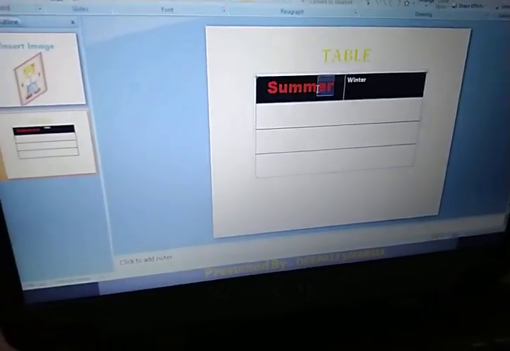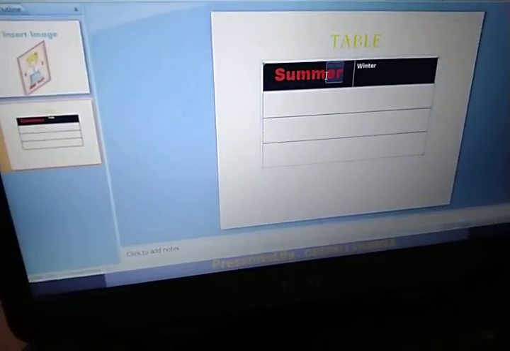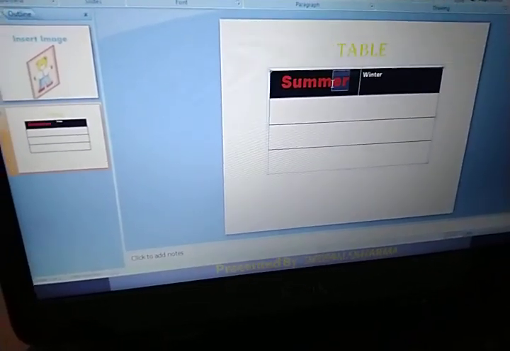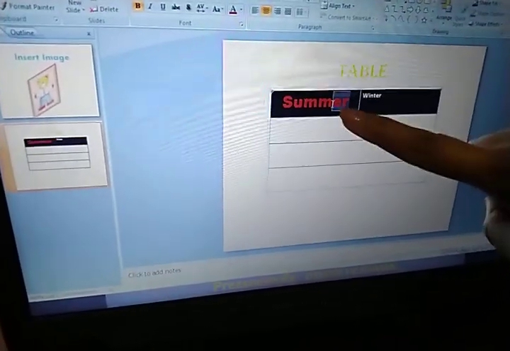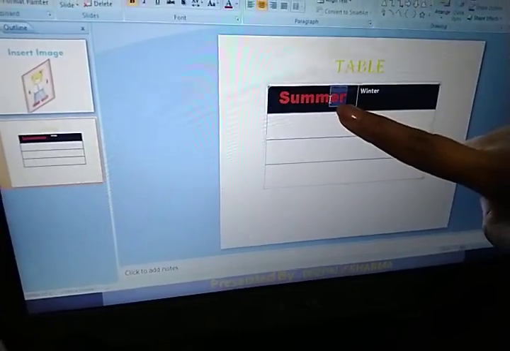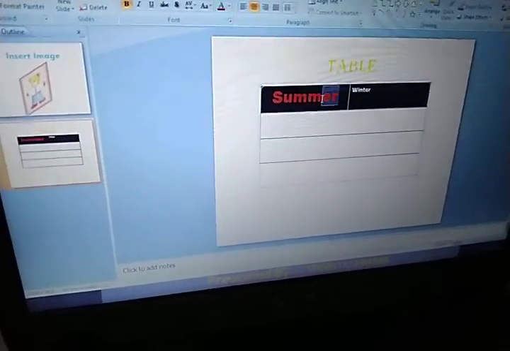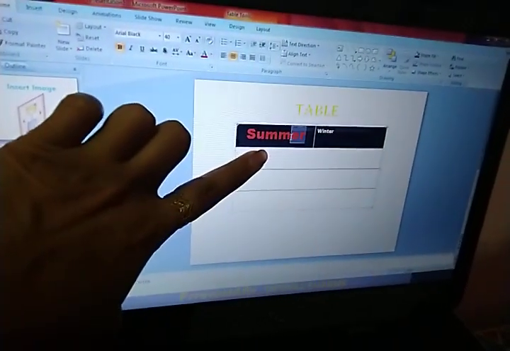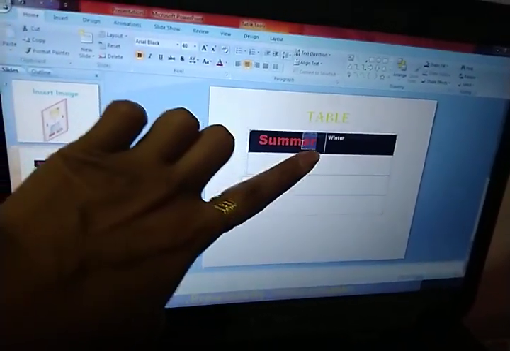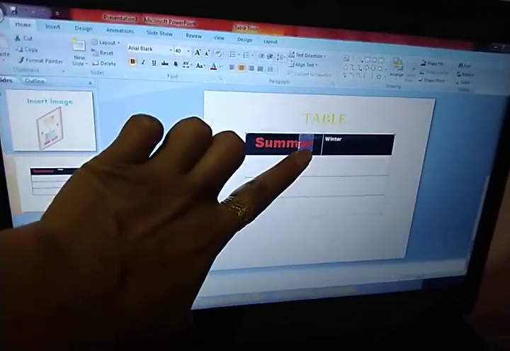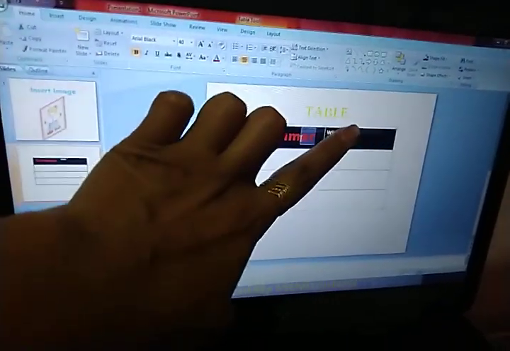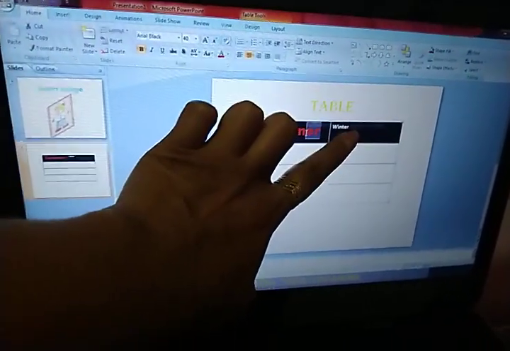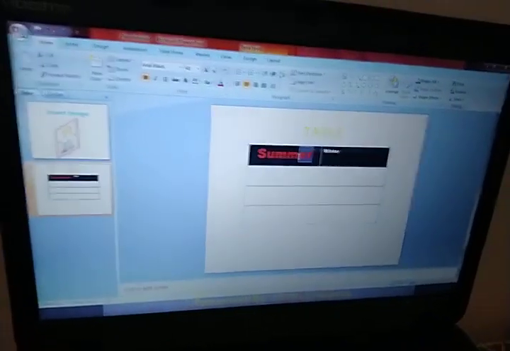Format Painter is used to copy the formatting of the text. Fine. So whatever we have done over here, that means we have done the formatting. So the Format Painter tool helps you to give the formatting to this particular text. So right now I am going to copy the formatting of summer and I am going to apply the same formatting on this winter also. Fine.